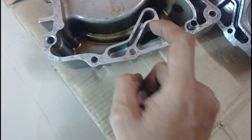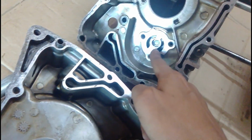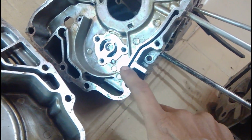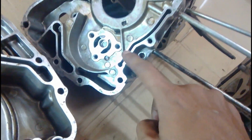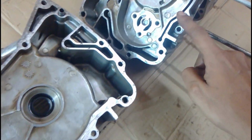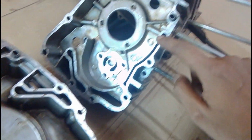The main important part is the oil strainer, and the oil strainer was not here, so I doubt why this engine was damaged, because there was no oil strainer and a lot of sludge was inside. Now from the outlet of the pump, the oil travels through this cavity. This one is also internally connected, and you can see on the other side the cavity gets blocked through the gasket, so it goes up, and here you can see it is completely blocked. So it acts as another passage inside the wall that rises up,